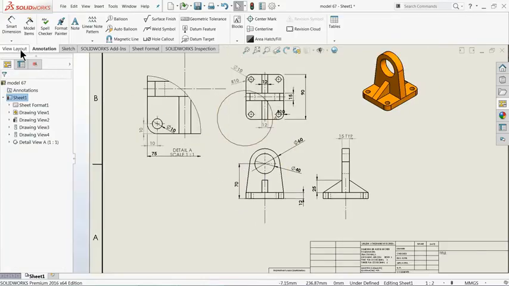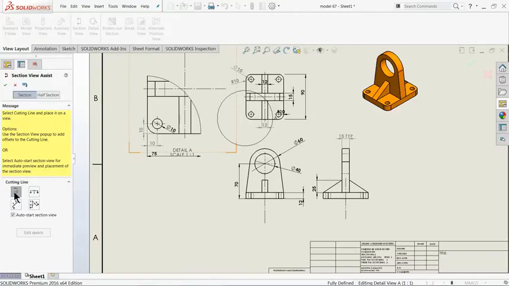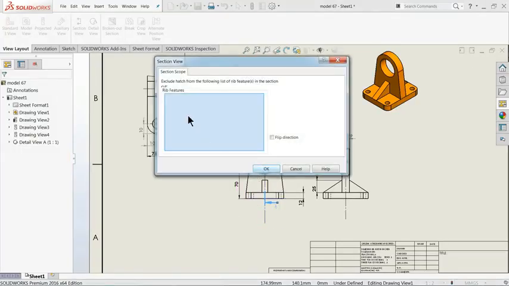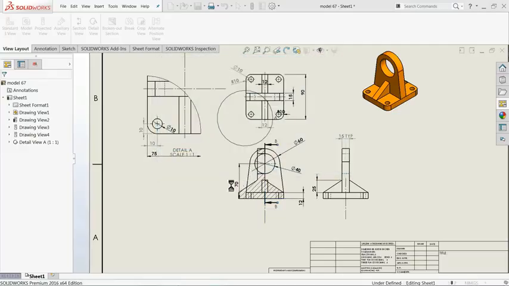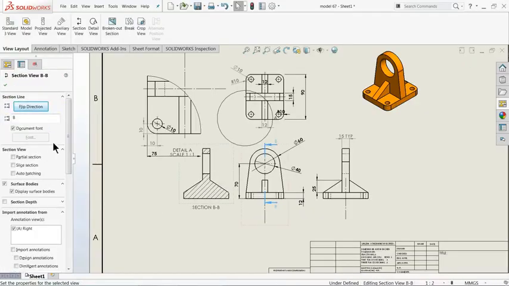We have one more option here, Section View. If you go to Section View, you will have multiple types of cutting. First we will see, if you drag, you have to put your cursor on the center and it will ask you for the section view. Click OK and drag to any side wherever you like. So let me drag this side. Now here you have too many things. Document font means the same font we will keep. Slice, see, if you click Slice Section, it will only show you the shaded portion. Okay,